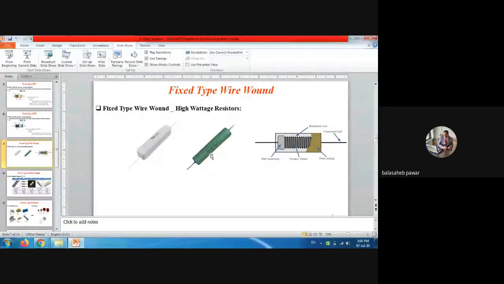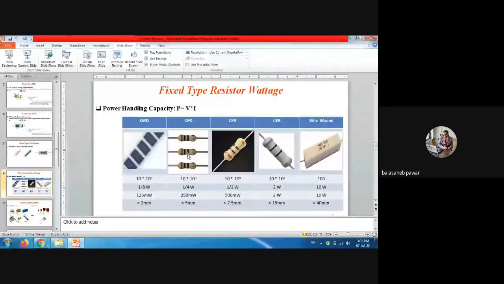And that's why I mention here mostly these resistors are preferred for high wattage applications. Clear? High wattage means power handling capacity. It is 10 watt. Our previous one, or whatever you handle in our lab, is of quarter watt, that is 250 milliwatts only. Simply one comparison I have taken over here. Now remember, as wattage handling capacity increases, the size of that resistor also gets increased. So such type of resistor, in our lab, you might have seen, right? And a few resistors you might have seen having somewhat more size as compared to remaining resistors.